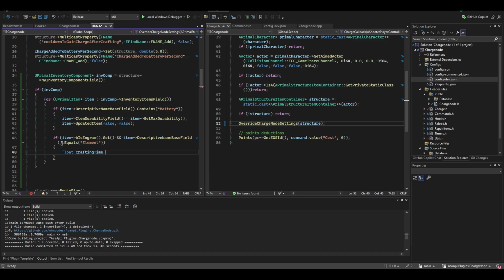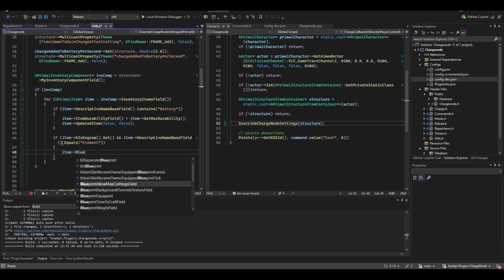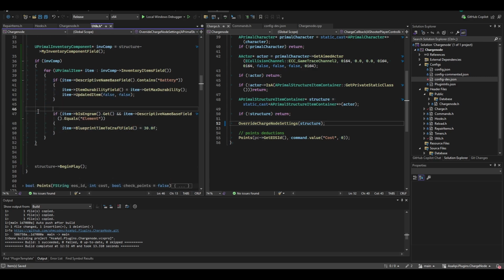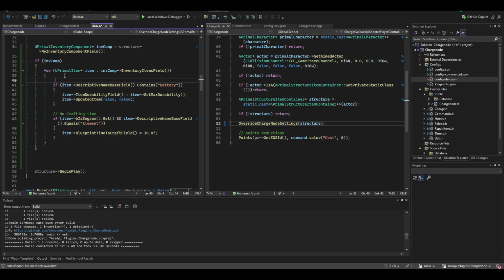Maybe we don't declare it because I want to hardcode it for now. No cooldown, right? Blueprint time to craft field. I see this in ARK dev kit as well. So no crafting time, no crafting time, and then no battery charging. Okay. All right. And then